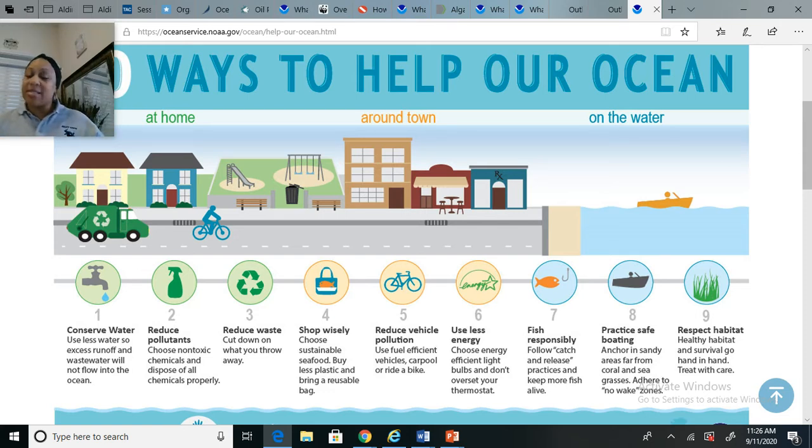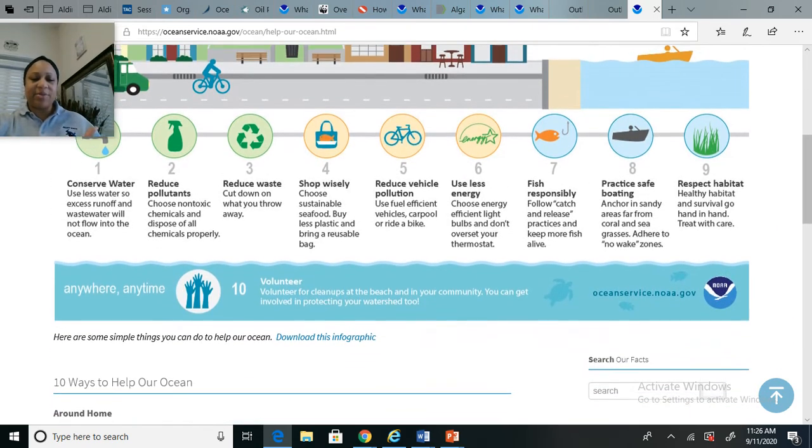Okay. Practice safe boating, anchor in sandy areas far from coral and seagrasses, adhere to no wake zones, right? So be careful not to drop the anchor on a coral reef or habitat that's probably right there, living, minding their own business, trying to live, sustain life. Okay, respect habitat. Healthy habitat and survival go hand in hand. Treat with care. And then number 10,